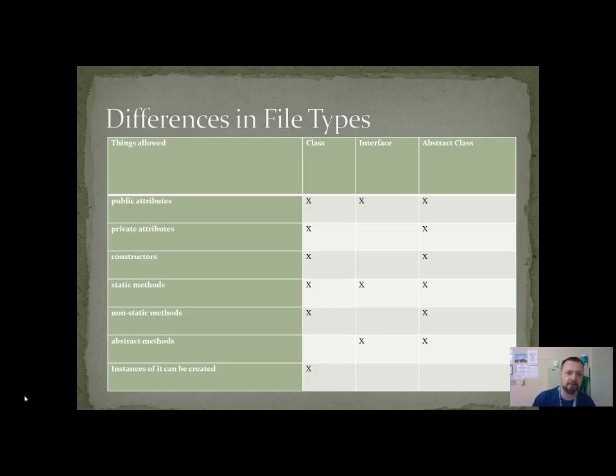Abstract classes can have public attributes, private attributes, constructors, static methods, non-static methods, abstract methods. It can have everything, except you can't create instances of them, because an abstract class will likely have an abstract method, and that means your idea is not fully formed. So you cannot create an object from an abstract class. So you might wonder, why do they have a constructor? Well, abstract classes have constructors because subclasses are going to need to extend the abstract class and may need to set some of the private data it has. All right,